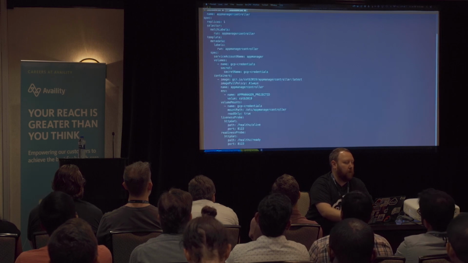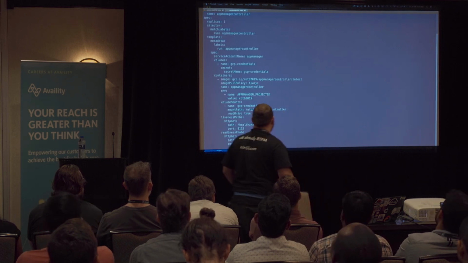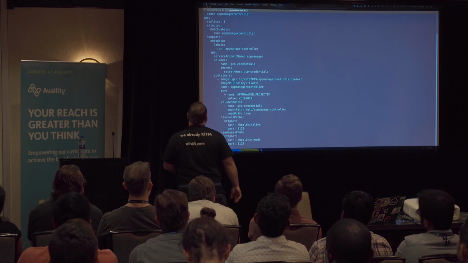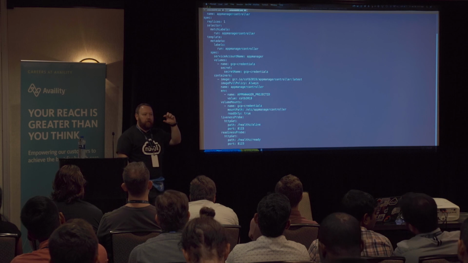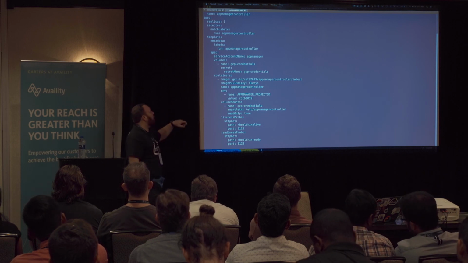Yeah. So this is a traditional Kubernetes deployment YAML file. All right. So this is some of the stuff. You see my app manager had like 3 lines on it, and this has got a bunch of stuff in it. So what I'm doing here,